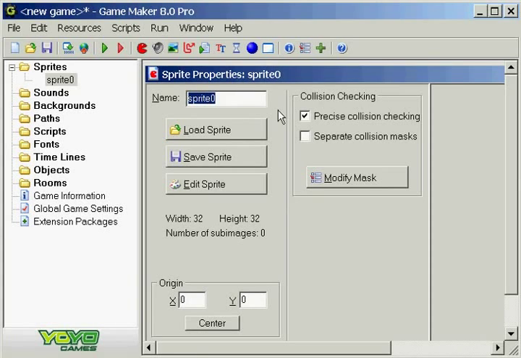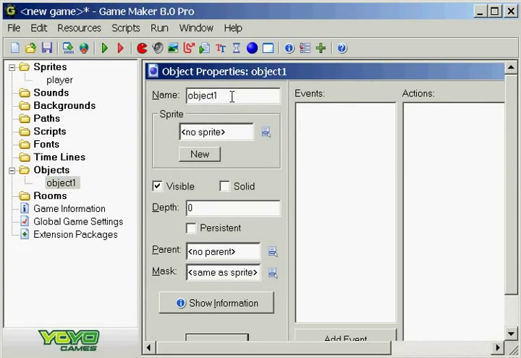You can see where you can name the sprite. Always make sure that all your resources in these folders have a different name. Now let me show you why. Let's say you make a sprite, and you just name it player, and then you make an object, and you name the object player. Well, later on when you start coding in GML, and even some drag and drop functions, it won't know what you're talking about. Say you tell GML that you want to manipulate or use a resource that's named player, it won't know